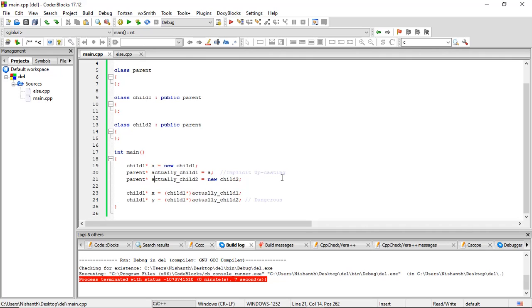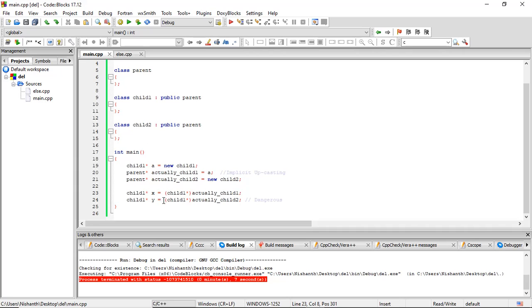Then we are performing implicit upcasting, that is we are making a pointer actualChild1 of type parent point to the object a that is of type child1. Then we're doing the same thing again, but with an object of type child2 that is being pointed to by the pointer actualChild2. So basically actualChild1 points to an object of type child1, and actualChild2 points to an object of type child2, and both of these are of type parent.